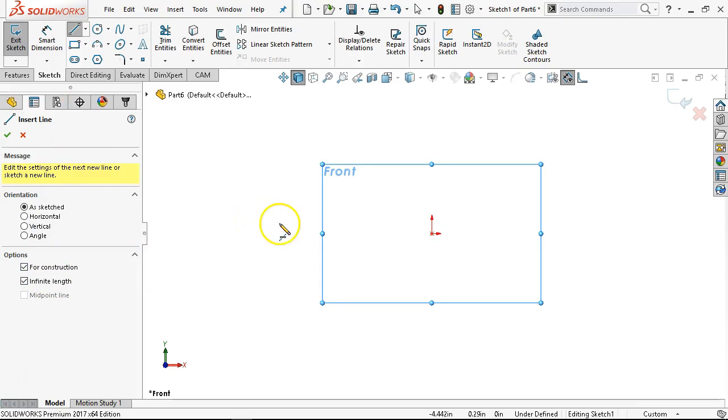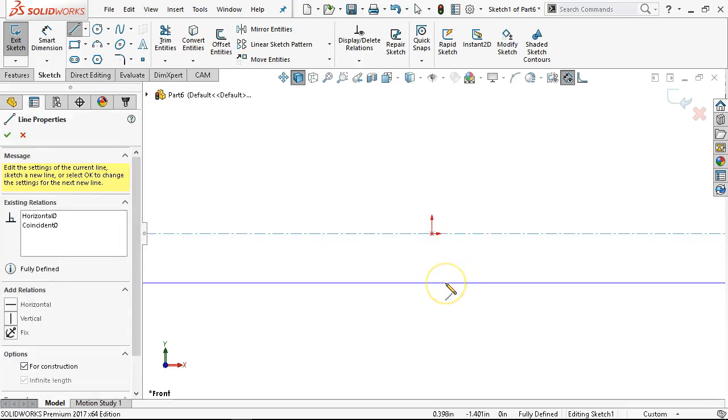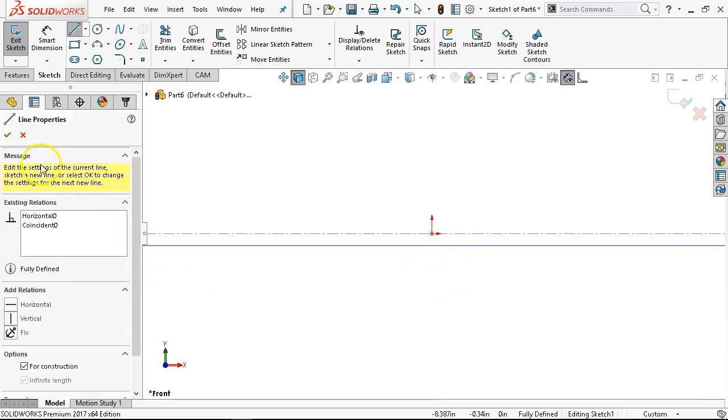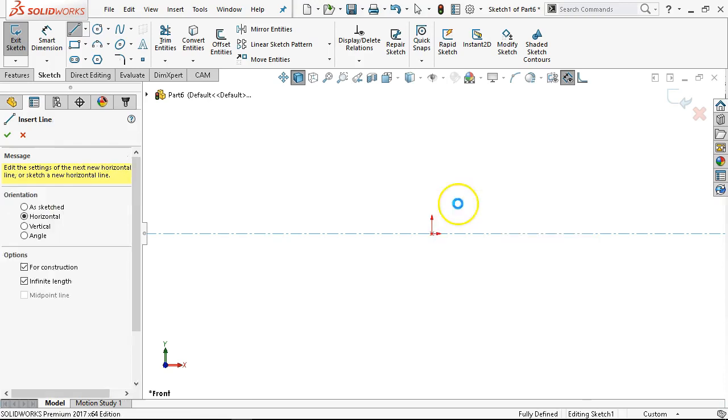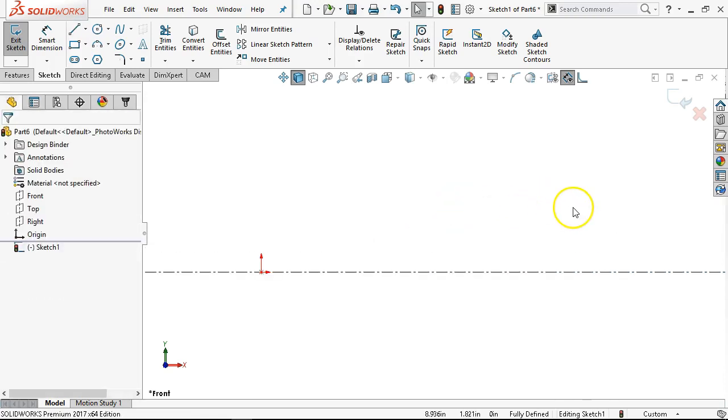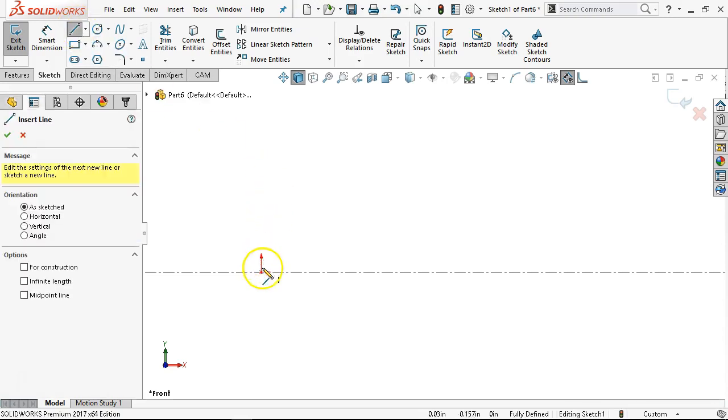Those are all available. It's just that front is going to be the quick choice. And so let's see, insert line, construction, infinite length, drop it on the origin. And then we can back out of it, but most of the time I'll just select. It's easier to select out of it, get out of the construction line,